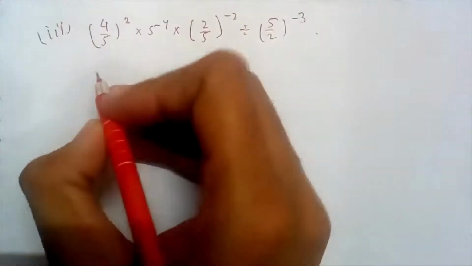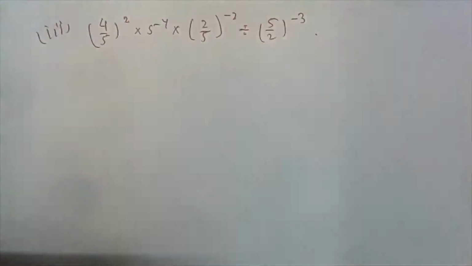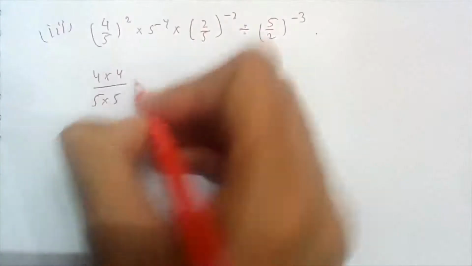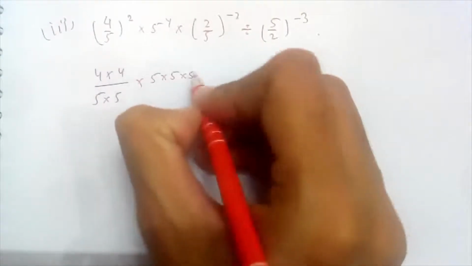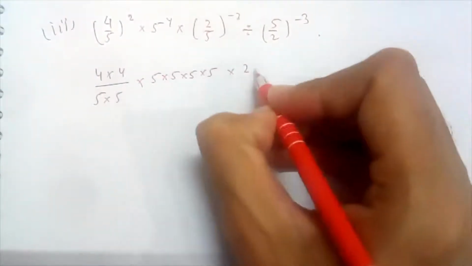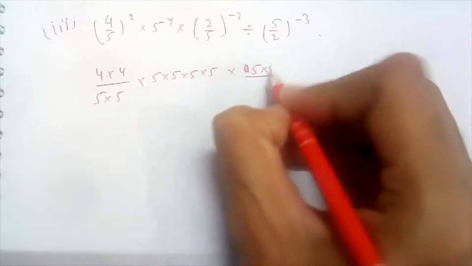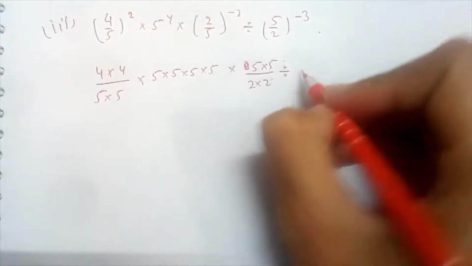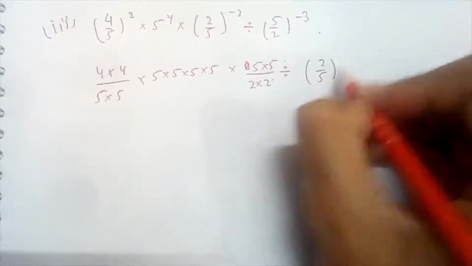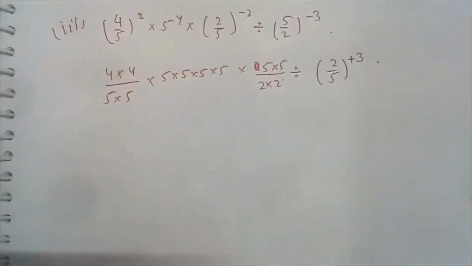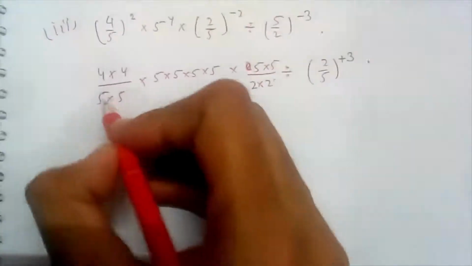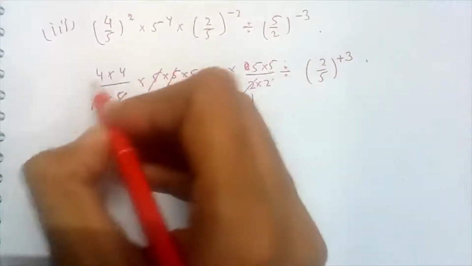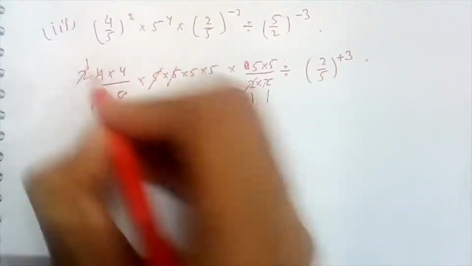So moving to the next question, that is 4 by 5. Let's quickly solve it without wasting any time. Let's just quickly expand it, divided by 2 by 5 to the power plus 3. Okay, now 5 5 5 5, 2 ones are 2 twos are 2 ones are 2 ones are.